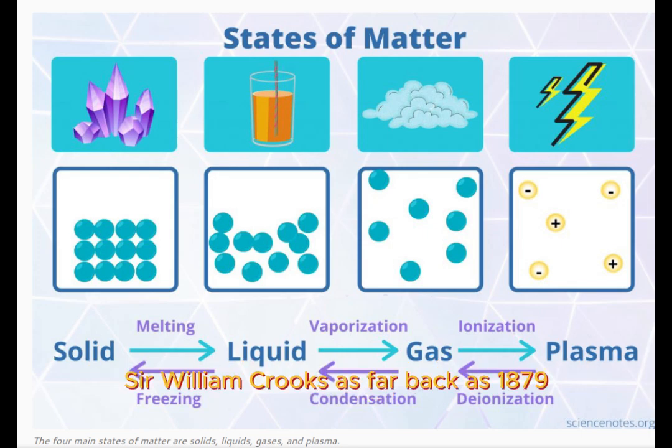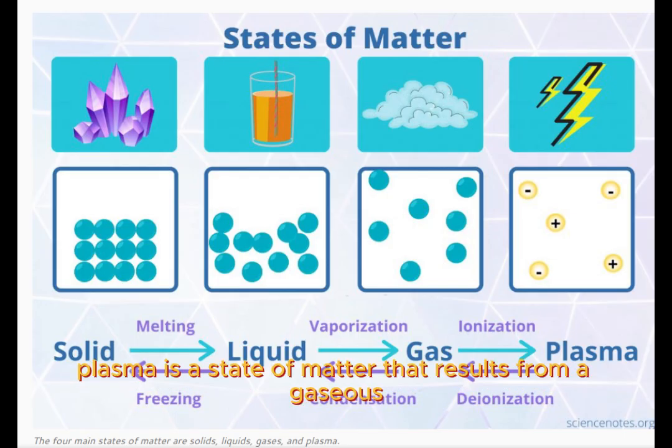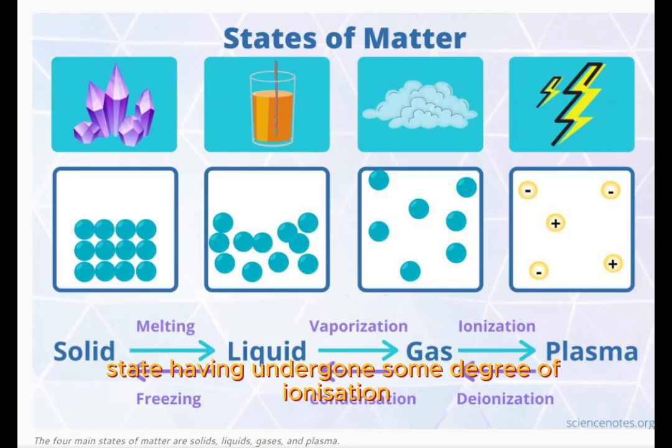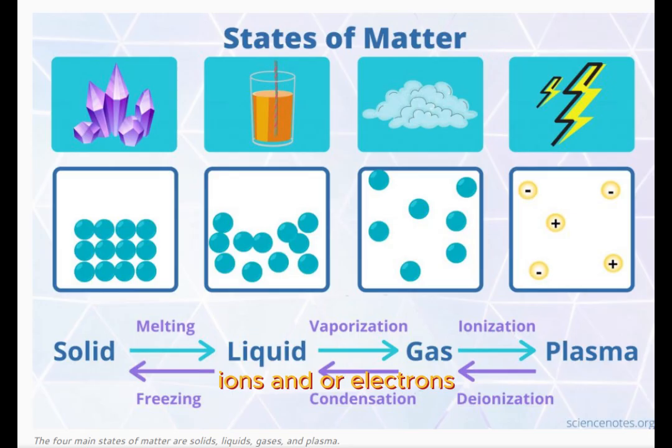Sir William Crookes as far back as 1879 discovered plasma as the 4th state of matter. Plasma is a state of matter that results from a gaseous state having undergone some degree of ionization. It thus consists of a significant portion of charged particles, ions and/or electrons. While rarely encountered on Earth,